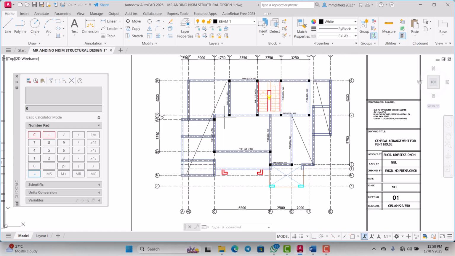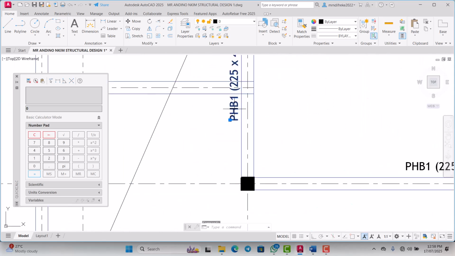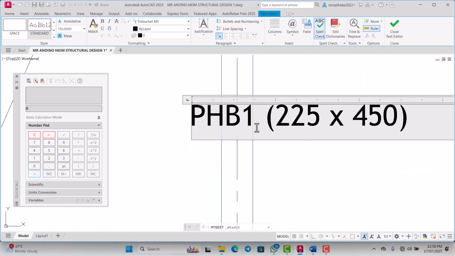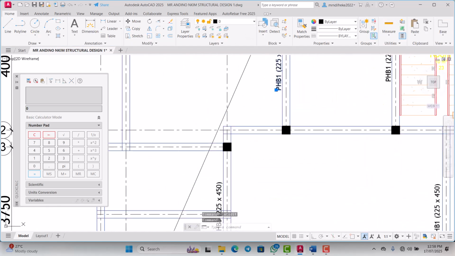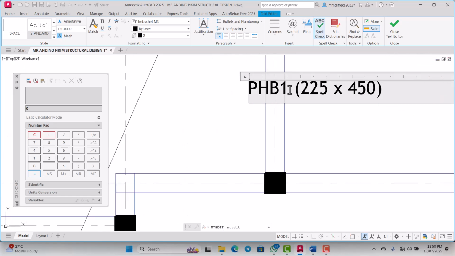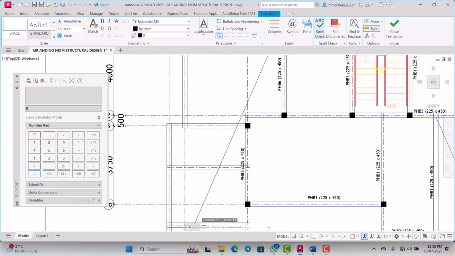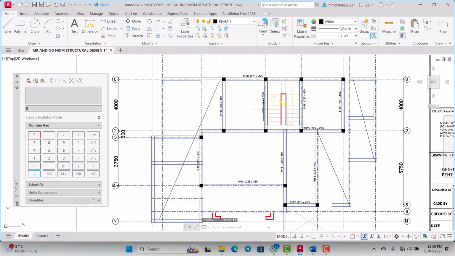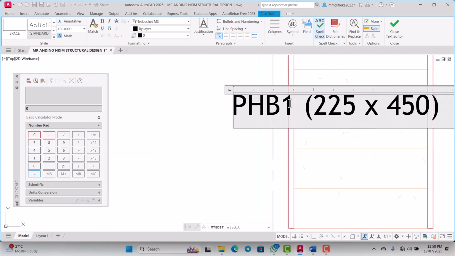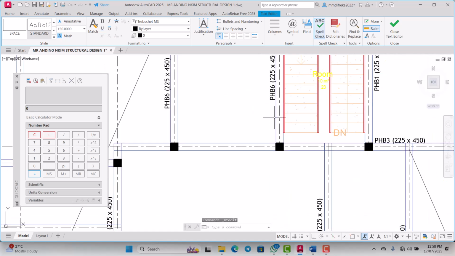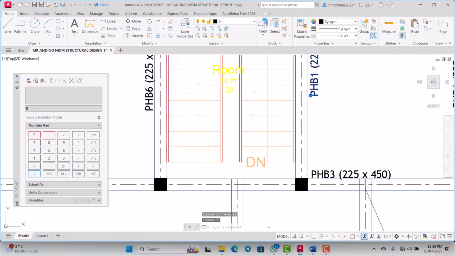So we now move to vertical beam. So we can call this one penthouse beam 5, penthouse beam 6, this will also be beam 6. This will be